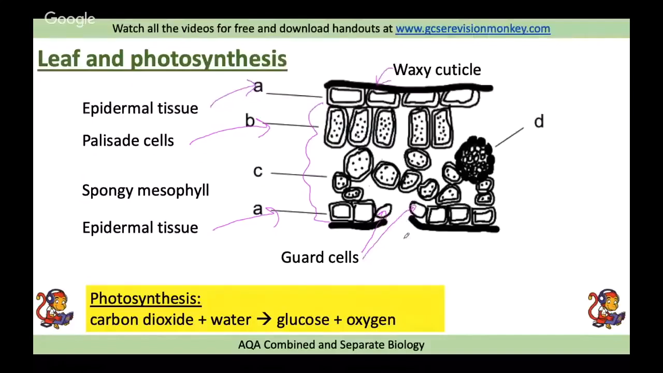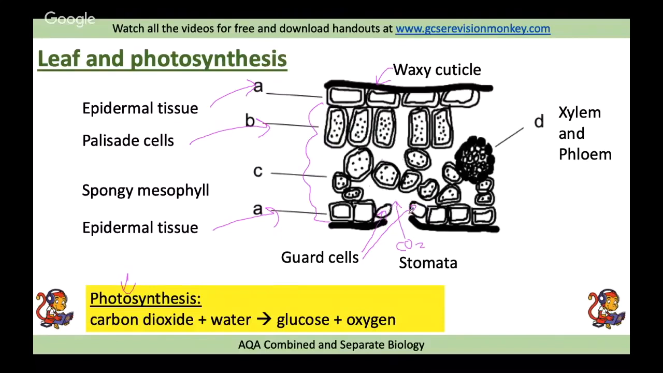These control the opening and closing of the stomata. You might just see the word stoma or stomata, stoma being one, stomata being many. And the final vessels, xylem and phloem. So if you're linking this to photosynthesis, you need to be talking about carbon dioxide diffusing through the stomata, which